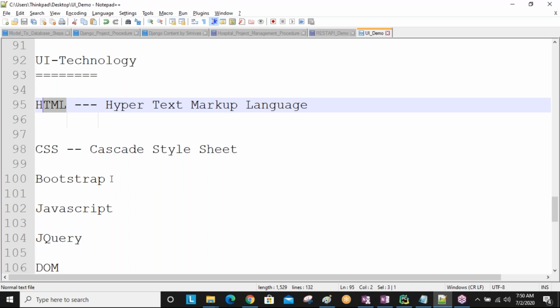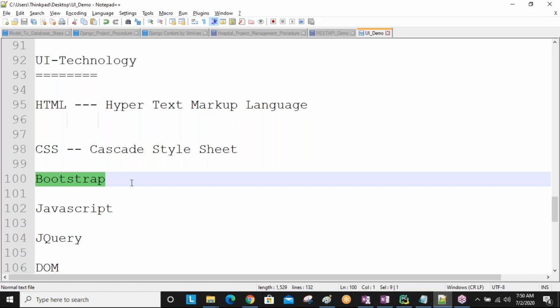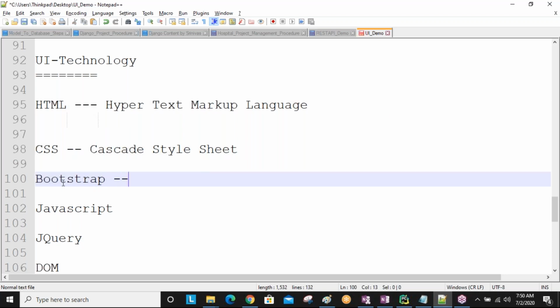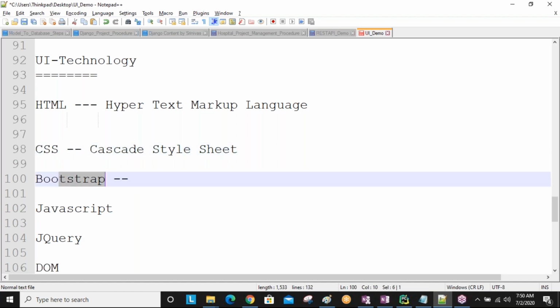So simply, CSS is nothing but like a makeup kit. One human being is there: without makeup, that person looks one way, and with makeup looks more beautiful. Same thing with CSS. And next, Bootstrap. Later we will discuss each one more clearly with examples; I'm only giving an overview. Why you are going to learn Bootstrap: Bootstrap has some advanced CSS. Bootstrap is an extension of CSS, sir, and it has some advantages.